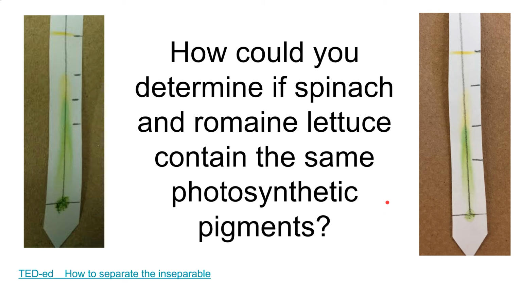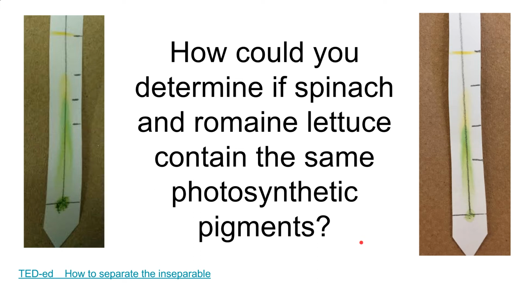So we ultimately smashed up a bunch of leaves and we found out that even though they all look green, there are different photosynthetic pigments within those leaves, and those different photosynthetic pigments were separated. And we could see that they all looked like just some mush of green, but once we separated them through paper chromatography, we realized that we could see different banding patterns here as the different molecules moved faster or slower